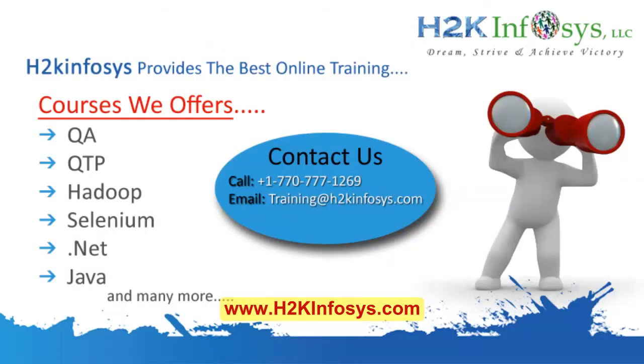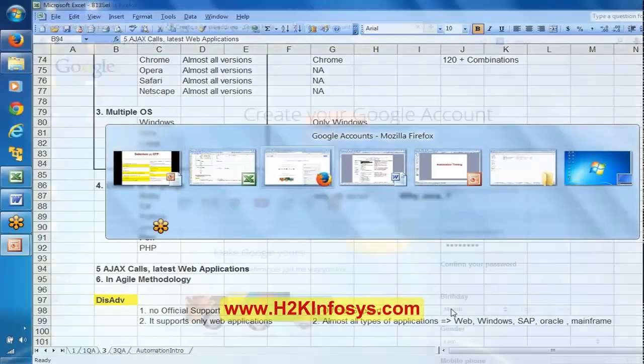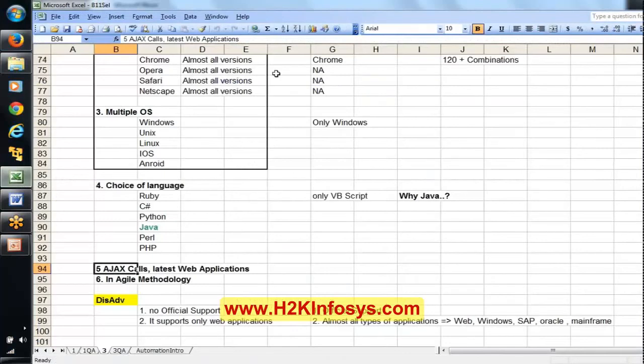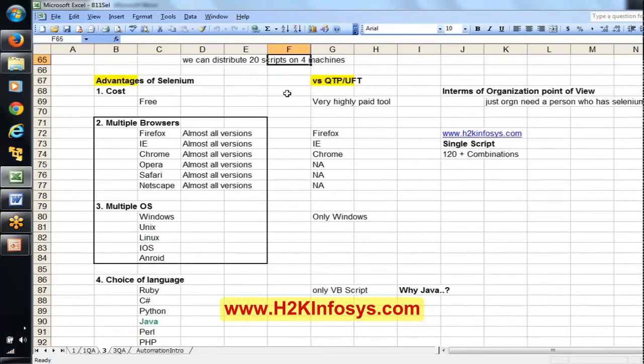Okay. We already discussed the advantages, and we find the differences between QTP and Selenium here itself. QTP is a highly paid tool, and I said Firefox: it is going to support Firefox, but only limited versions.